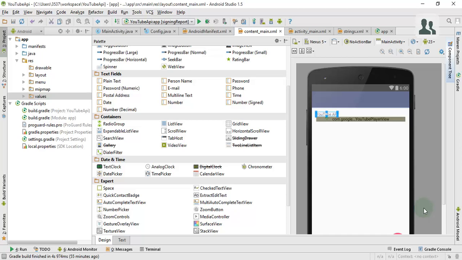YouTube Android Player API enables you to incorporate video playback functionality into your Android application. The API also allows you to load and play YouTube videos or playlists, and also lets you customize and control the video playback experience. So you can load and queue videos into a player view embedded in your application user interface, so you can then control the playback of the particular video, like play, pause, and you can also shift to a specific point in the loaded video programmatically.